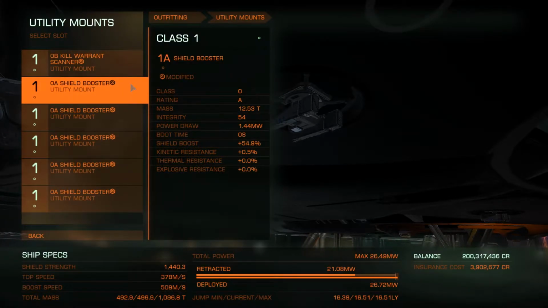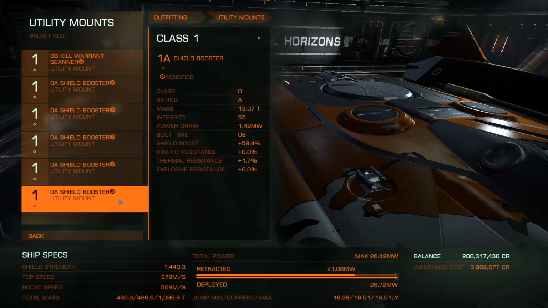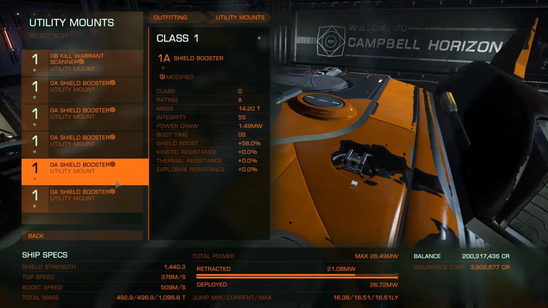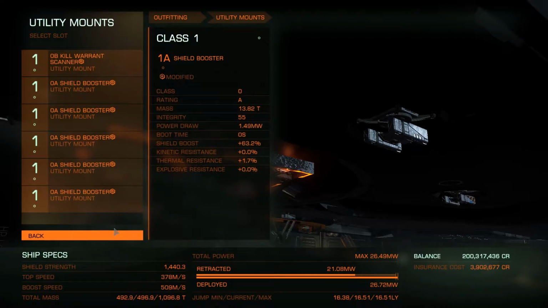I did some calculations on Coriolis with a mix of heavy duty and resistance shield boosters, and they weren't really as good as just having them all heavy duty. So you can see there I've got a couple good rolls. One of them I got a real good roll with 63% shield boost on them,